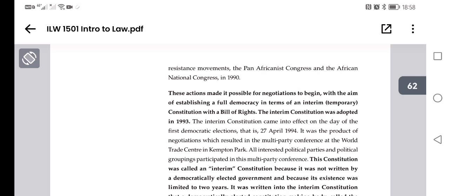The interim constitution was adopted in 1993. It came into effect on the day of the first democratic election, that is 27 April 1994. It was the product of negotiation which resulted in a multi-party conference at the World Trade Center in Kempton Park. All interested political parties and political groupings participated in this multi-party conference. This constitution was called an interim